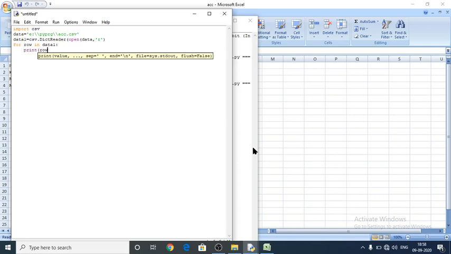It will read the CSV file line by line, and afterwards it will print with the help of the print function.